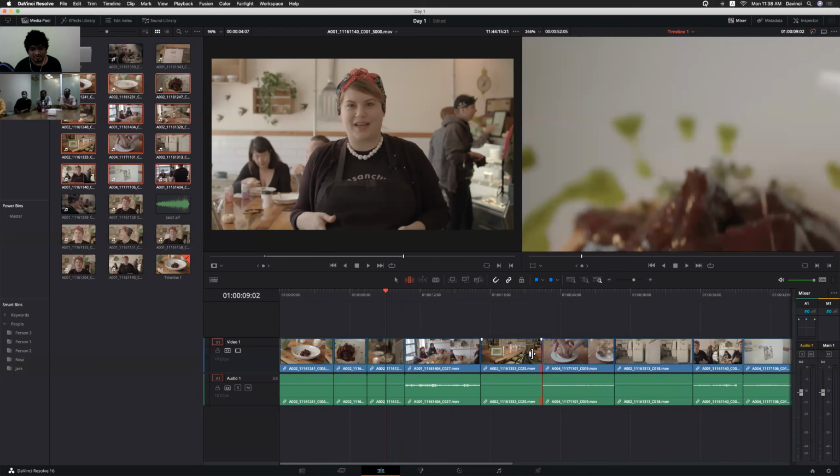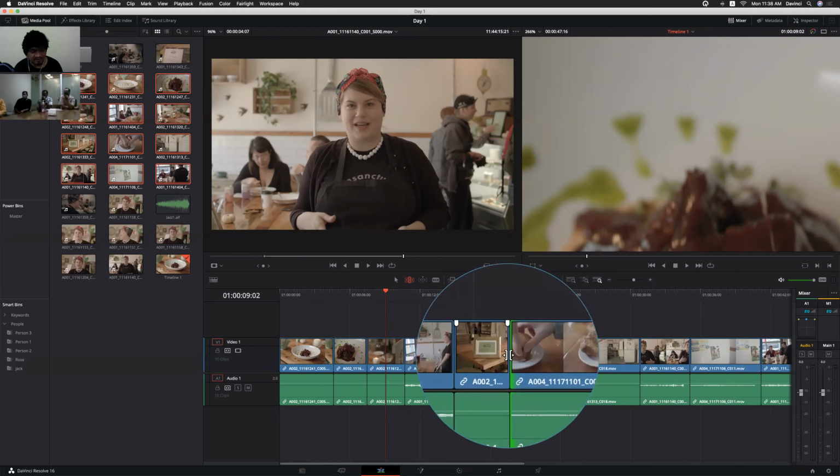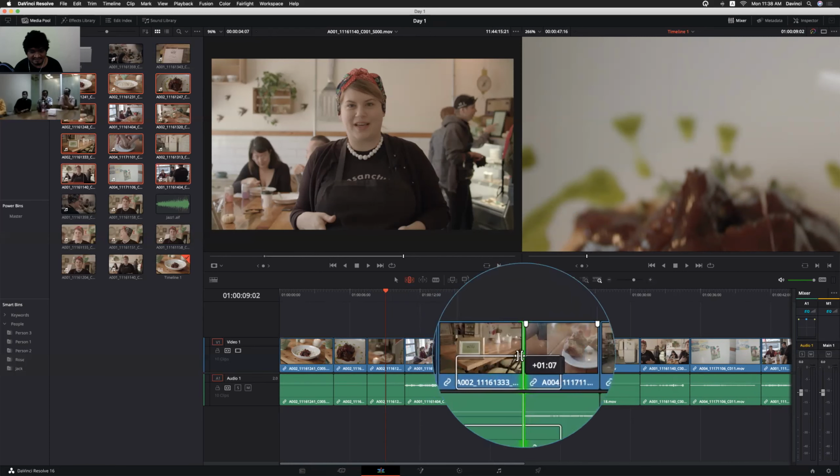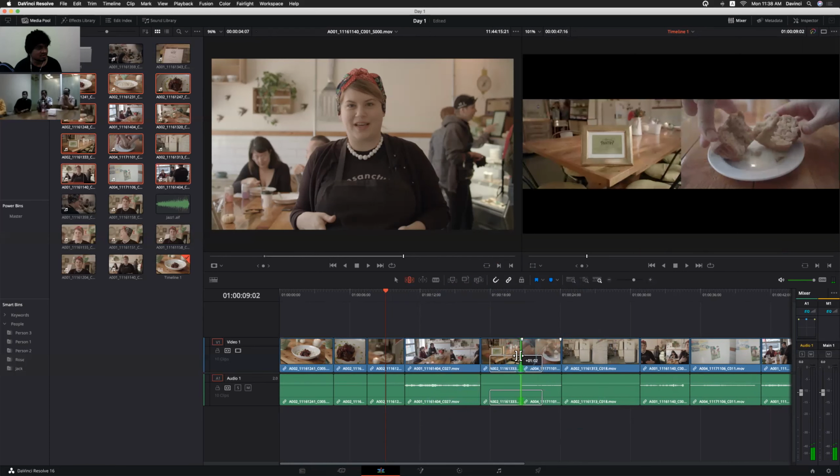I think you people are using roll tool also, right? Most of your work. And the same tool, if we use at the middle of the edit point, it will act as roll too, and within the canvas you are able to see all the 2 frames.